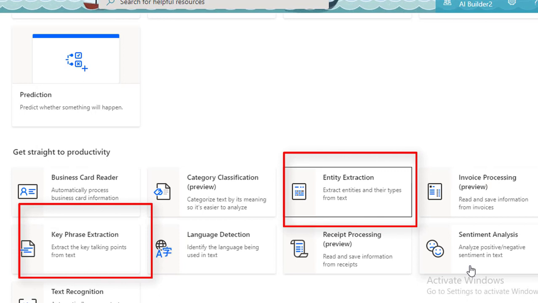Now you may ask one thing over here. By using the key phrase extraction model also, we can get the key points from the particular text. Now, if you remember this key phrase extraction, we're going to get the main points from the particular text in the document, right? Over here, what is happening? The entity extraction, like person names, quantities, organization names, locations, medical codes, these are all the categories that we are going to get by using this extraction model.